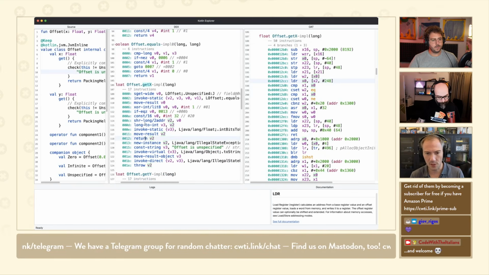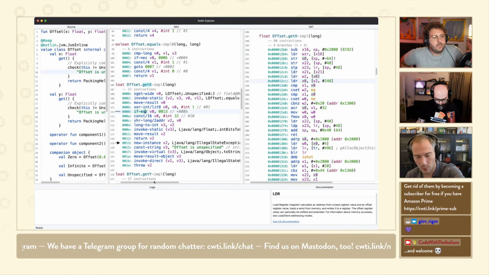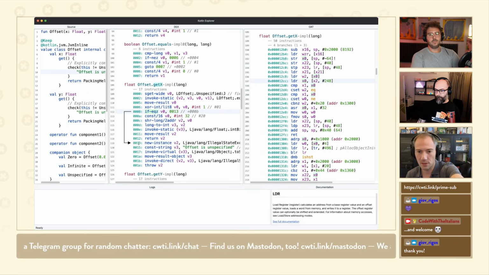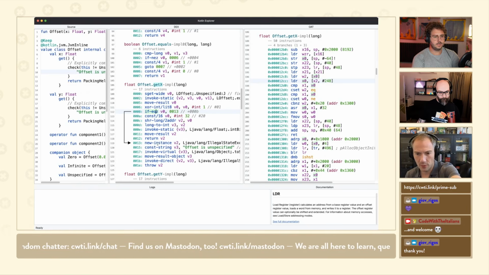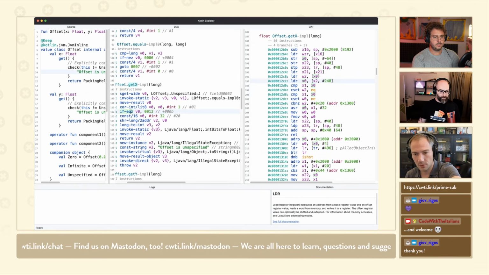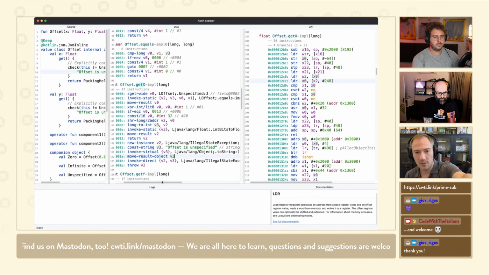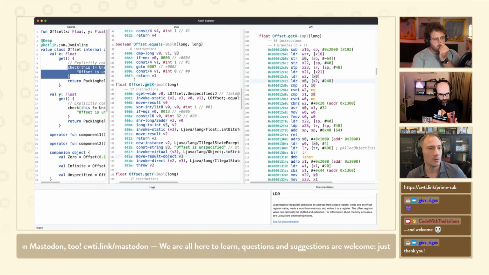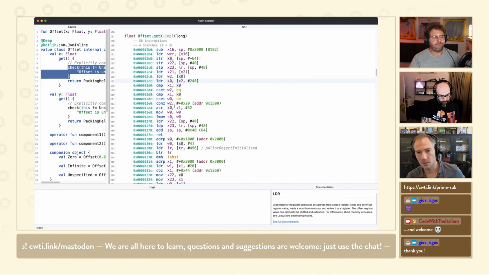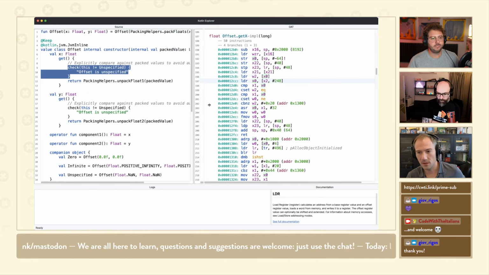So if you look at the branches, there's this useful feature in Kotlin Explorer. When you click on a branch instruction, it will show you where the jump goes. So you get an idea of what that does, right? What we see is a branch that jumps into that code where we create a new exception instance. We load a string, then we invoke toString on it, and then we throw the exception. So that's because of that check. And when you go to the ARM assembly code, all that code that you see is because of that. It's pretty much that.